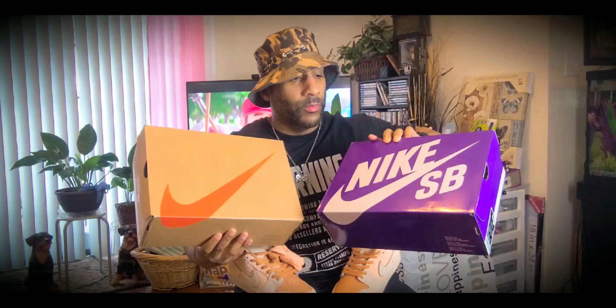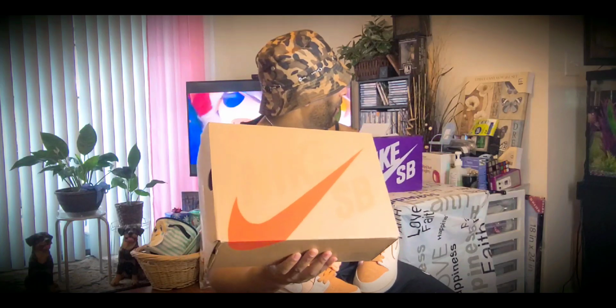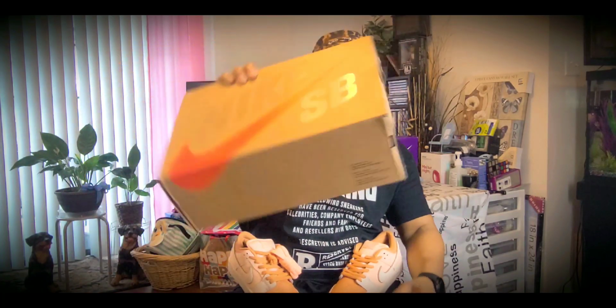I like the subtleness of the Nike SB. I've already reviewed these, but I think the purple pops more, so I'm going to go with it. This is just different because I haven't really received a lot in this style. And this is also just going to be a SB Dunk Low Pro, so it's not going to have the premium attached to it. Part of the gum line